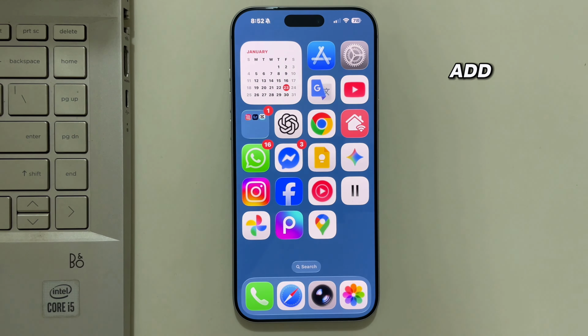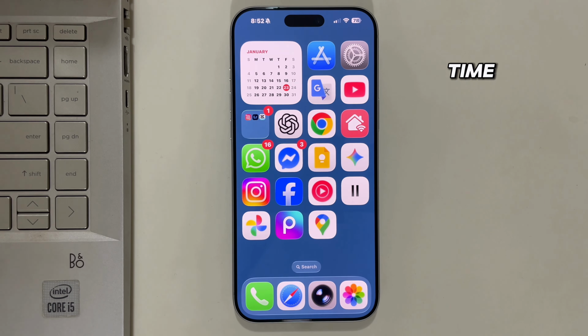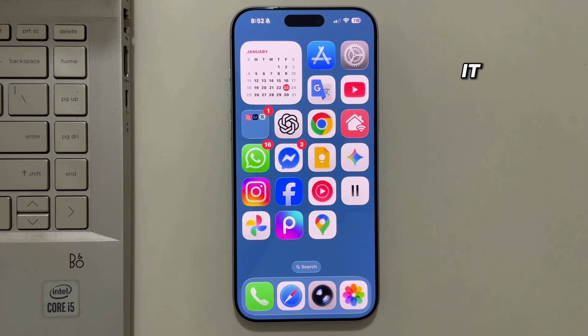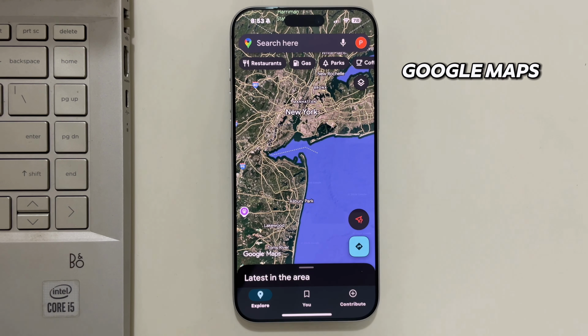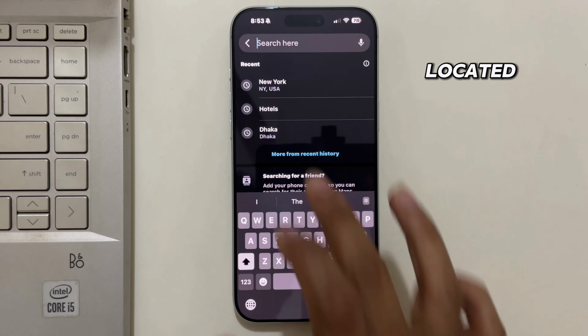Did you know you can add your house name on Google Maps in just 2 minutes? So next time anyone searches your home, they can find it easily. Let's do it step by step. First, open Google Maps. Now zoom in and go to the area where your house is located, and also you